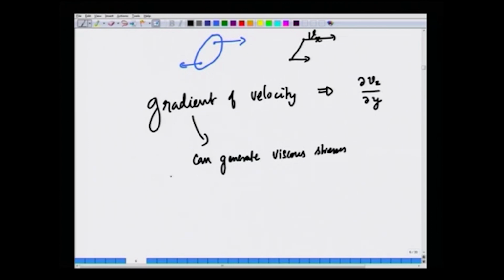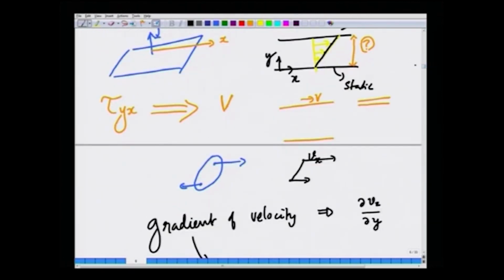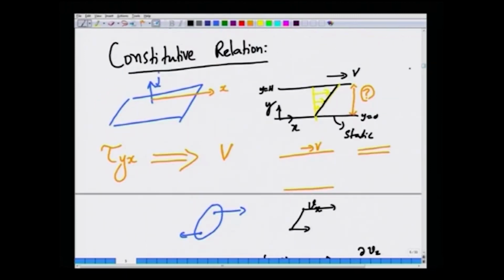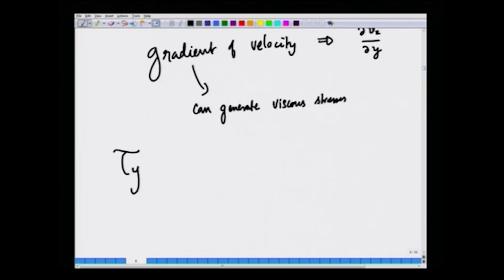So, in this simple context which we just discussed, let me just show the picture here itself. You have two plates, one at y equal to 0, the other at y equals h, and the top plate is moving with a velocity v. Then the relevant component of the stress is tau y x, because you are considering the force acting on the top surface of the fluid in the x direction. That is the relevant component of the stress. So, tau y x must be proportional to